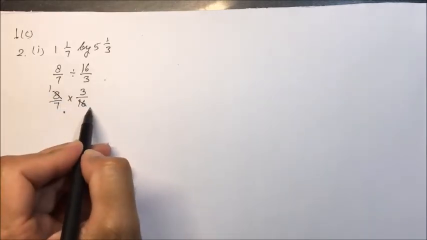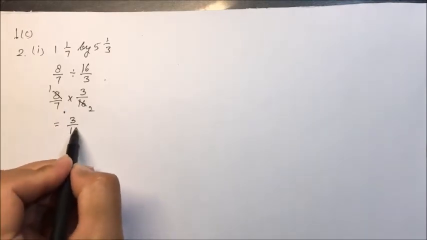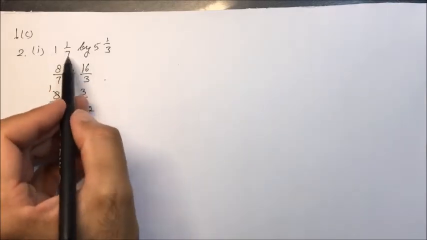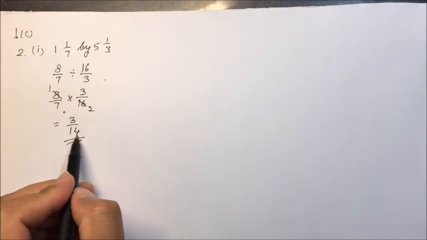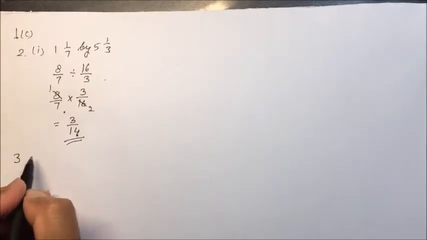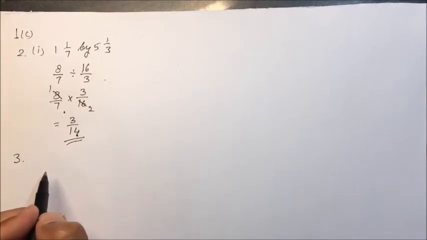8 1s are 8, 8 2s are 16. So the result is 3 upon 14. So we have divided 1 by 7 by 5, 1 by 3, and the result is 3 upon 14. Now one more, I am doing the third question, and here we have to verify whether the following statement is true